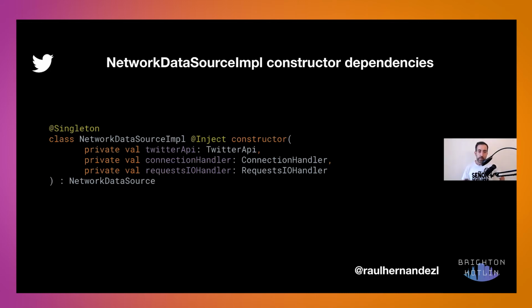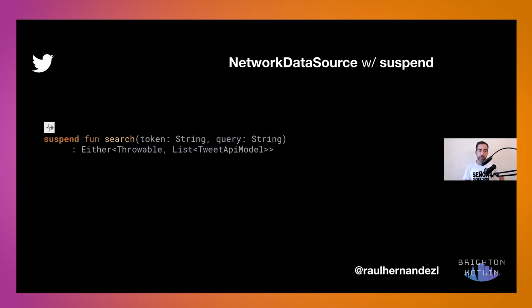I use dependency injection here by having the Twitter API. That is just a client for getting some responses, something to check if there is internet, something to manipulate the different requests and responses. And then the function that I have right there is just a search function. That is a suspend function, no blocking, and also going to be authenticated and passing a query of interest. And then I will process that.